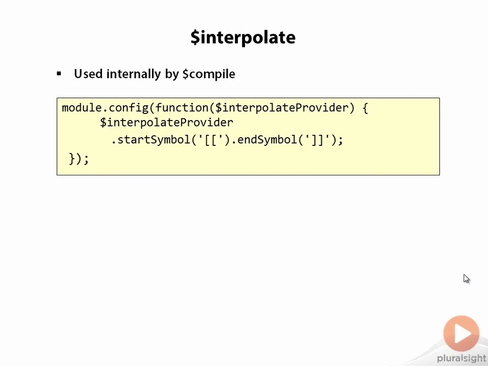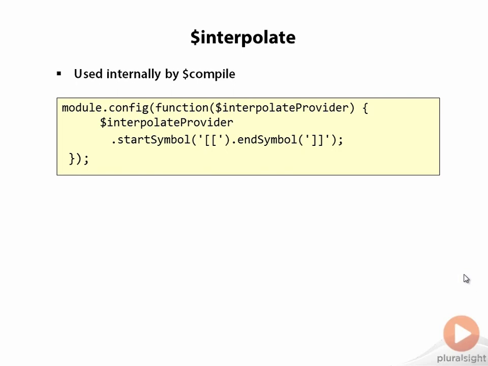And you simply inject the interpolate provider and then call start symbol and end symbol on that provider and give it the characters that you want to use for delimiting Angular expressions. And in this case, we're using the double square brackets. So that's really all there is to the interpolate service, and it's good to know that you can modify those